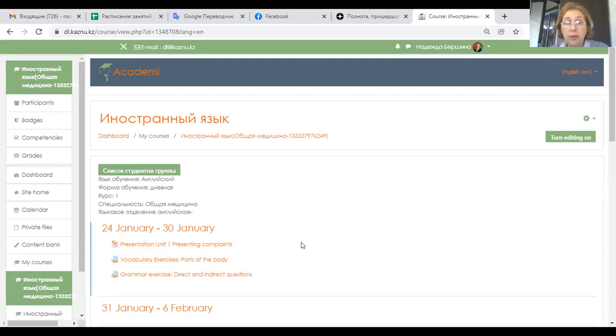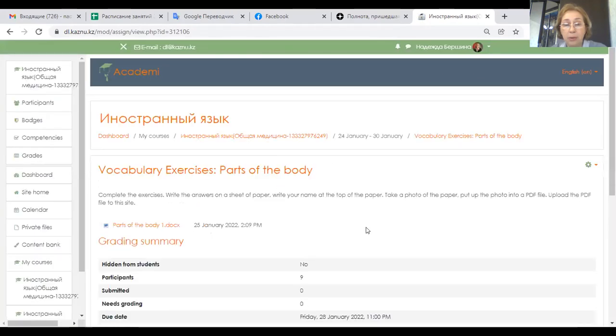And here you will see just three options on this week. The first one is the presentation that we are discussing now of Unit 1. And the two practical assignments that you should do: the vocabulary exercise, and there are several exercises here, and the grammar exercise. You just click on this option, for example, vocabulary exercises, and you will see